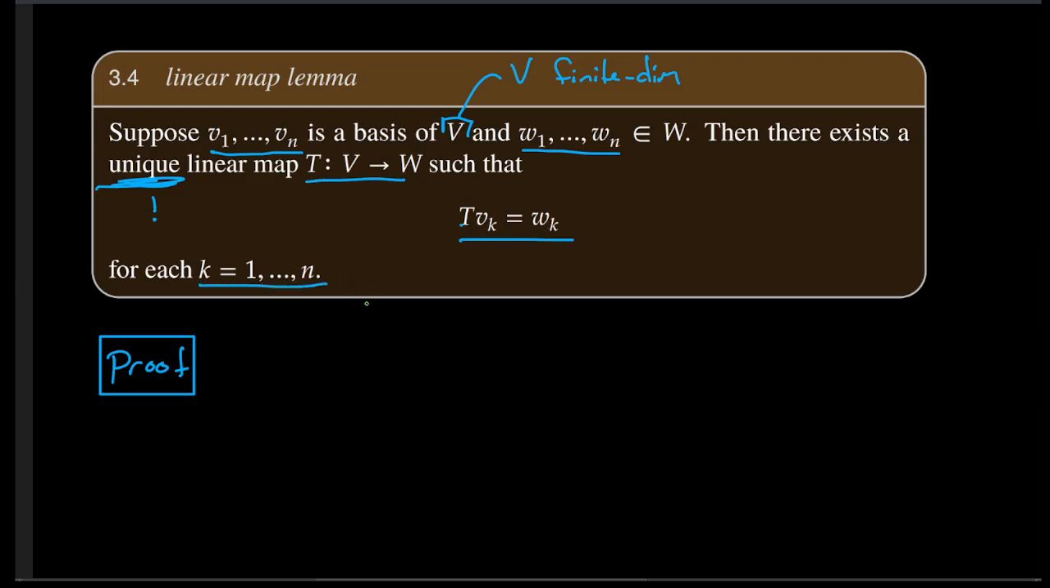Basically what this says is that if you've got a basis, then pick any elements that you want to map those basis elements to in another vector space, there is one and only one linear map that does that. This is kind of neat. Basically, what it says is that if you want to study how you can map one finite dimensional vector space to another vector space, not necessarily finite dimensional, then all you really have to do is understand how you